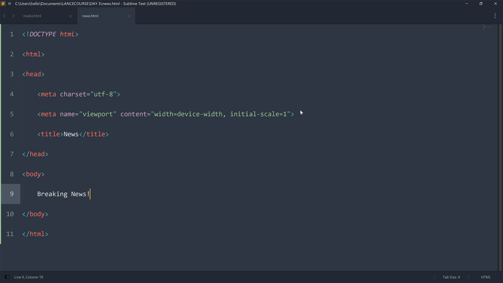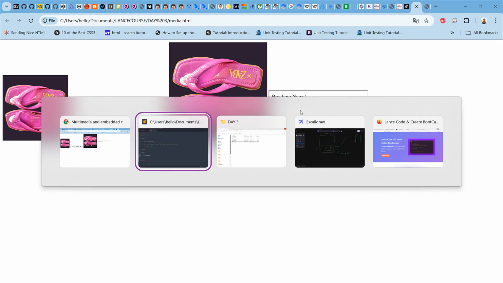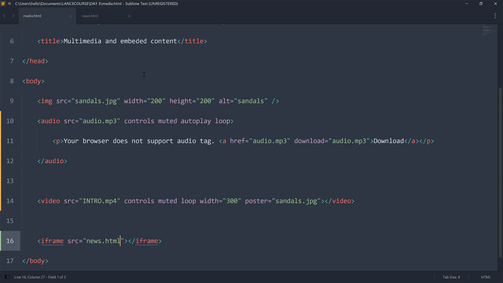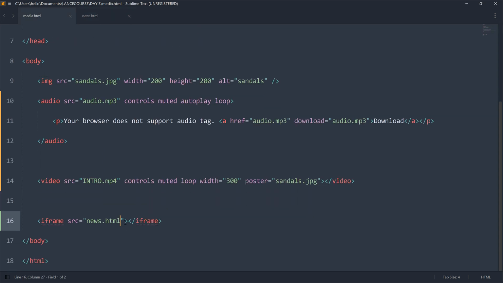Some of the other attributes we can see with the iframe is maybe setting a name for it, and it's very, very interesting. So let's say we have the attribute name. When we set the name, we could say news frame, and make it news frame like this. And then the purpose of having the name is that we could have, let's say here,